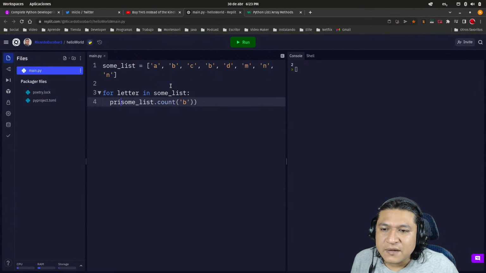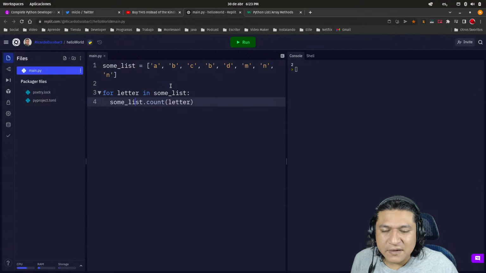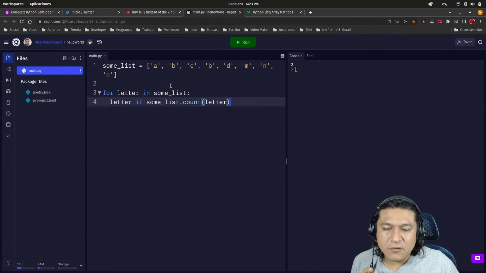Let's try something here. Instead of the letter B hard-coded, I'm going to type letter. Some list count letter, that's going to be part of the condition. So what I want is to print letter, if